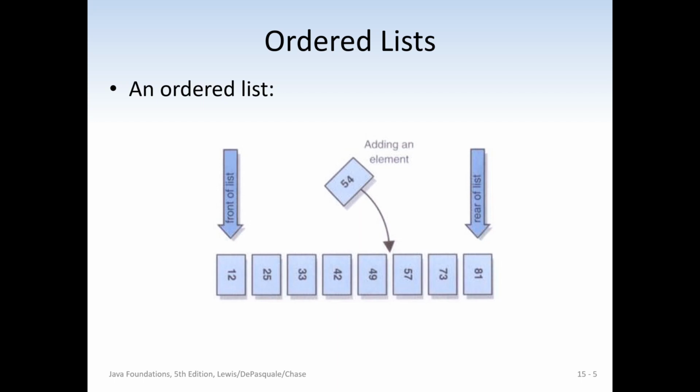When you're doing ordered lists and you're trying to put it in a certain spot, you got to find where you're going to put it. Even though with the linked list implementation, you may think, well, I don't have to shift anything around. That's true. You just have to swap 2 or 3 pointers. 2 pointers, right? If it's a singly linked list, you swap 2 pointers or 2 references. It still takes you n over 2 on average operations to find it. With an array, it takes you n over 2 average to find it,